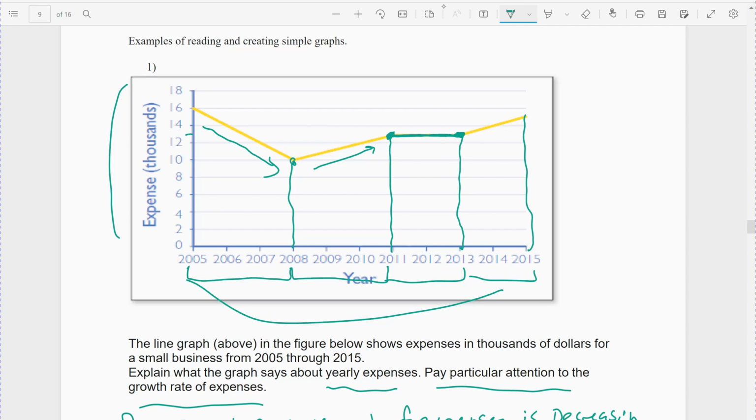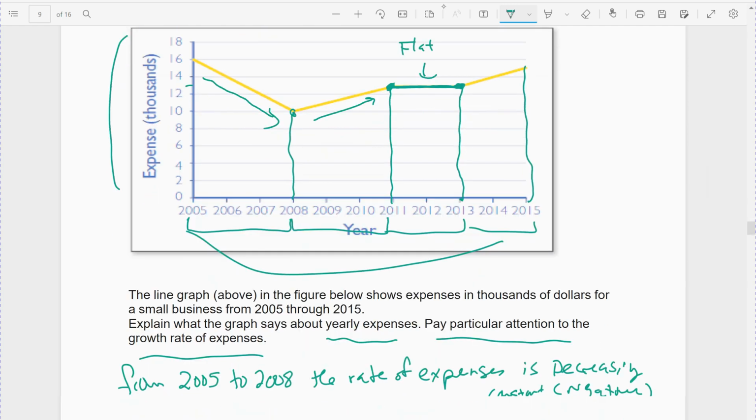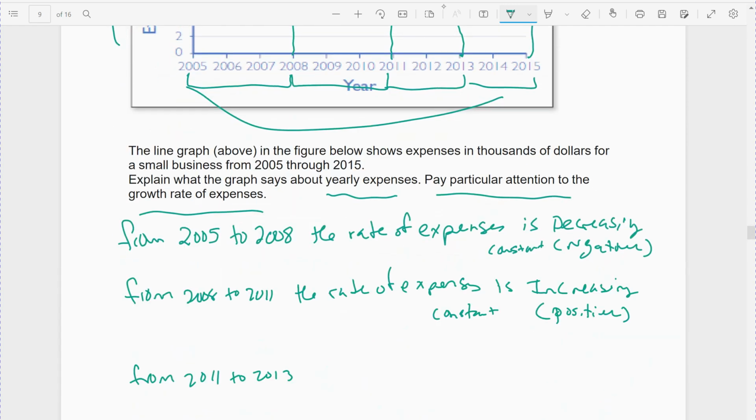So it looks like it's at 13,000, the expenses. Again, I'm guessing there. But this looks pretty flat, which means it's neither increasing nor decreasing. And so in that case, it would have a zero rate of change, right? So the rate of expenses is constant, meaning the same,